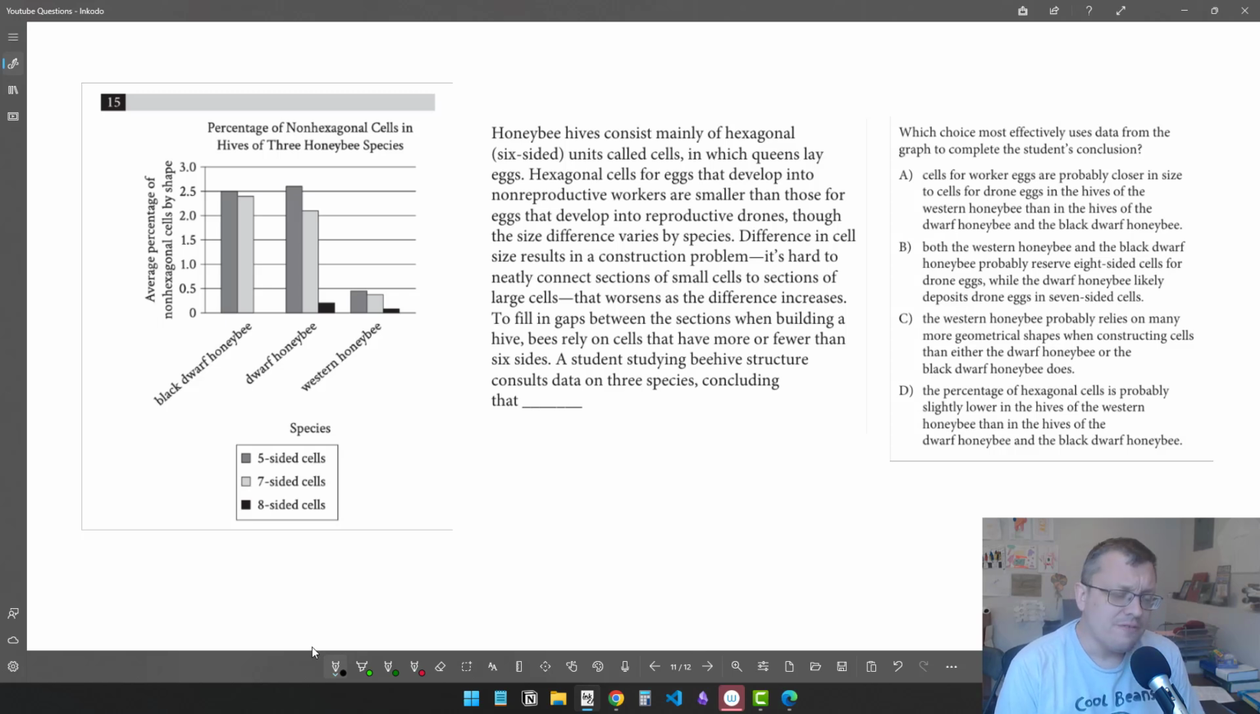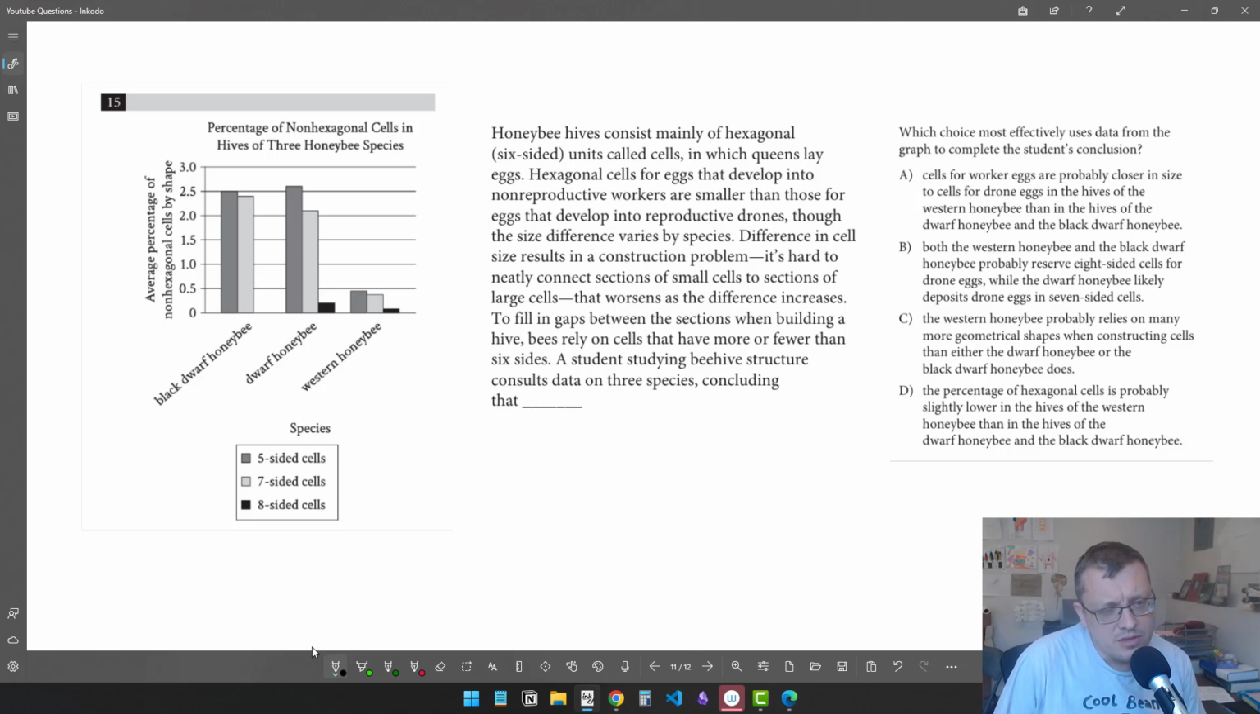So we'll take a little peek at the figure here because it doesn't look too complicated. We see in the title, it's the percentage of non-hexagonal cells in the hives of 3 honeybee species. We see on the y-axis the average percentage of the non-hexagonal cells by shape. And we see the 3 species at the bottom. And in our key, we see the 3 different types of cells, 5, 7, and 8-sided cells. And just at first glance, it looks like,